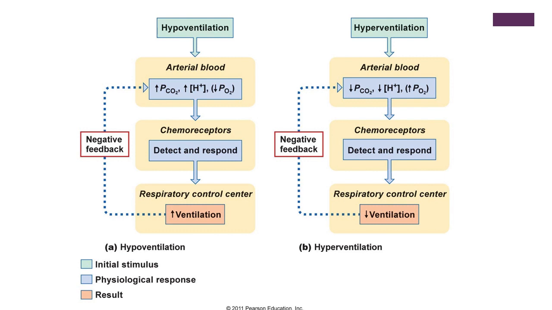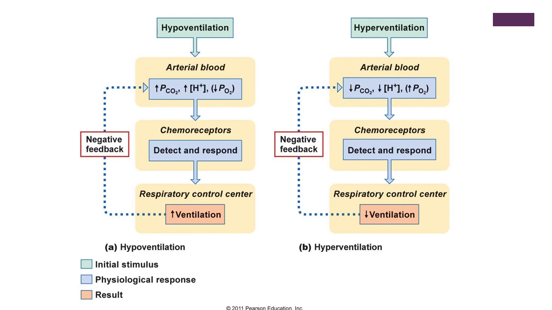This slide is just a graphic representation that shows the effects on pH and ventilation when you hyperventilate versus when you hypoventilate. So it's just simply a restatement, but also showing that this is a bit of a negative feedback loop. So when you hypoventilate, you're going to be increasing the pressure of carbon dioxide in your blood, which means an increase in hydrogen ions, which are then going to affect your chemoreceptors, who are going to detect the fact that carbon dioxide is rising within the blood, as well as that oxygen is decreasing and that the pH is